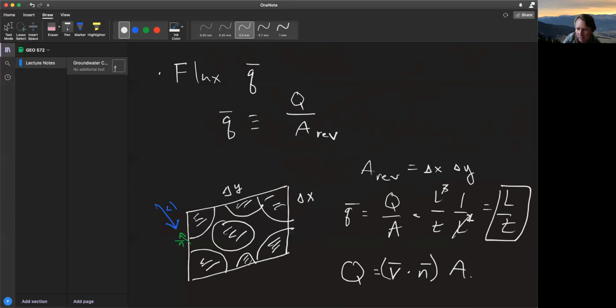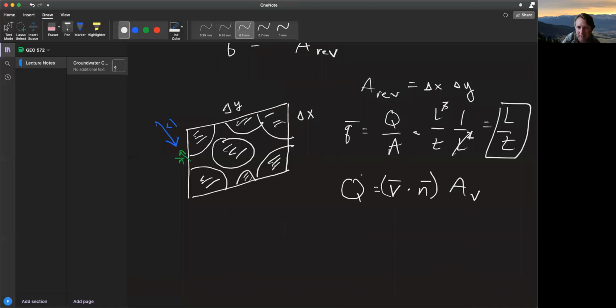So this is the area of the voids, and the area of the voids does not equal the total area of the plane. So if we want to know the relationship between the discharge and the velocity, we can substitute this equation into this equation,